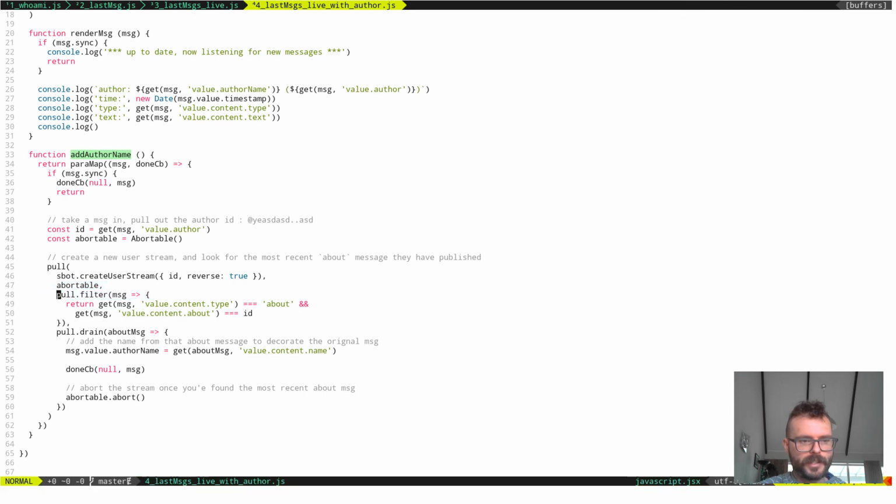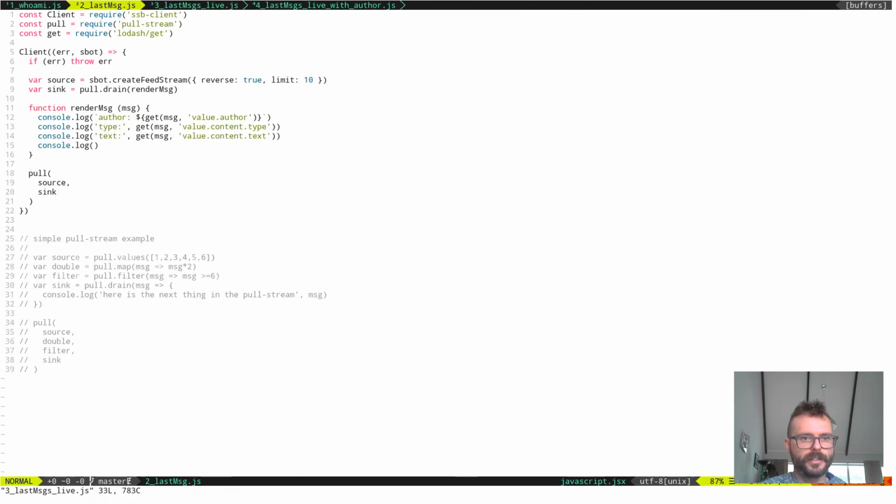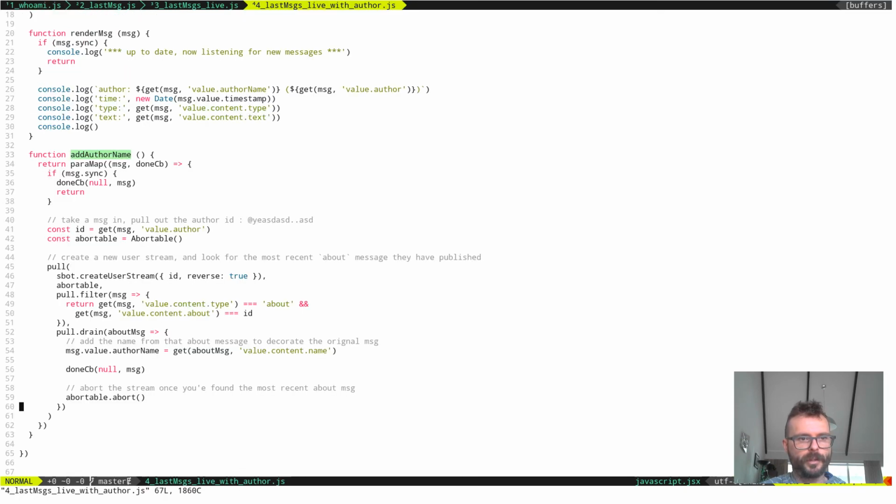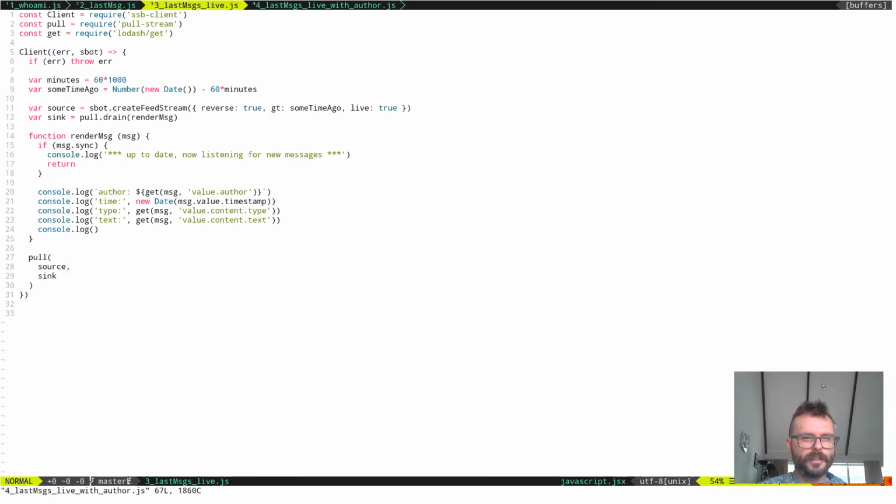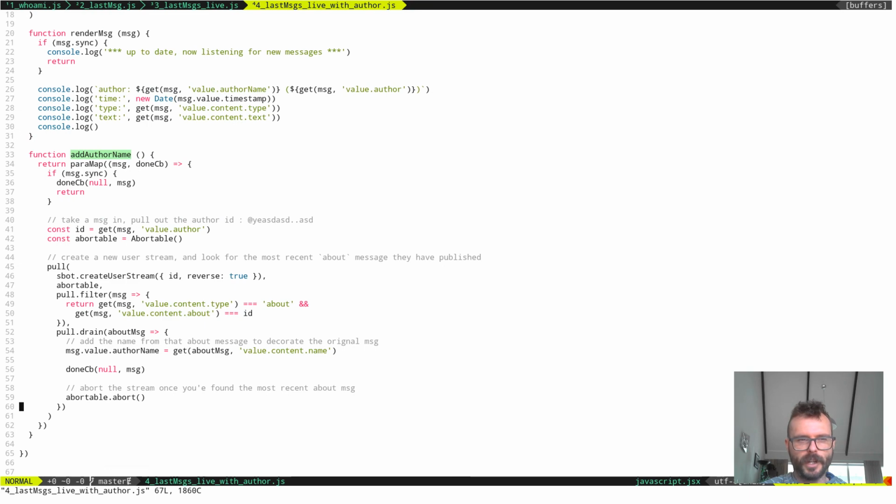Basically, this is a thing that can stop a stream before it goes through 10,000 messages posted over the last few years. And that's it. We could refactor this, pull it out into different files. That would be nice. I'm just going to leave this as part of this series so people can see a progression. Feels like this one here is quite a large jump, but